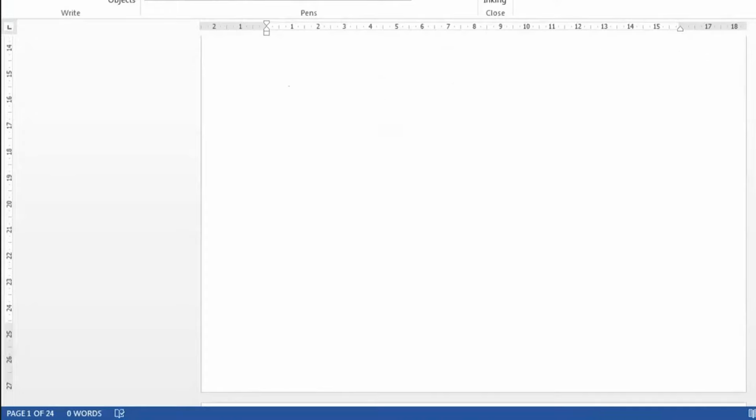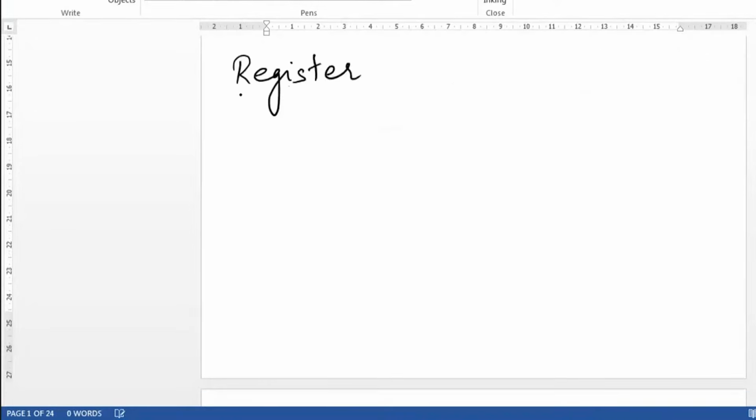So let us now start off with registers. First of all, we all know what a register is, right? A register is a memory element which can store n bits of information. Now we are going to study registers in detail. We have seen how to design them using different types of flip-flops. Now we are going to use those different types of registers. They are generally designated by capital letters.